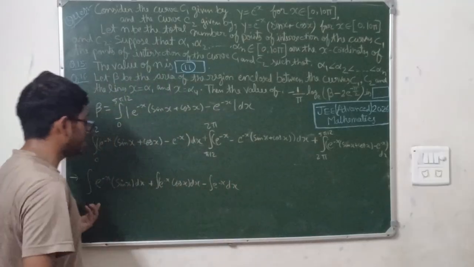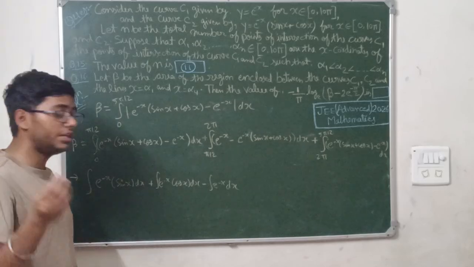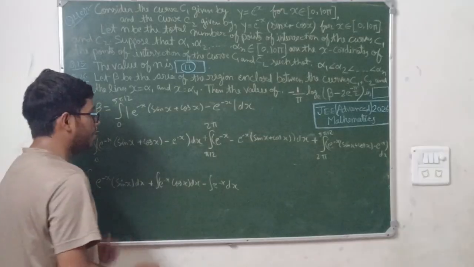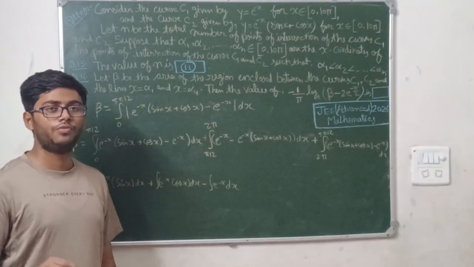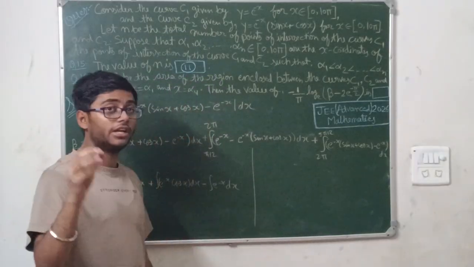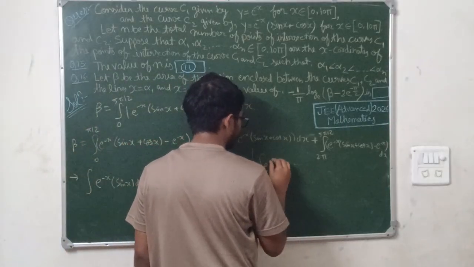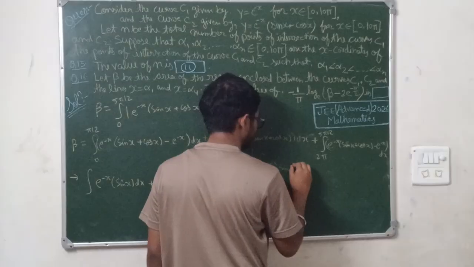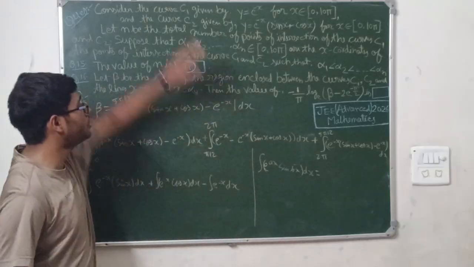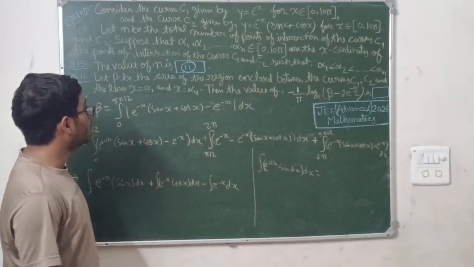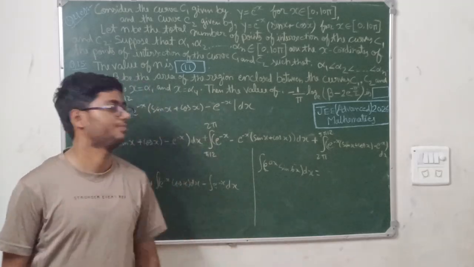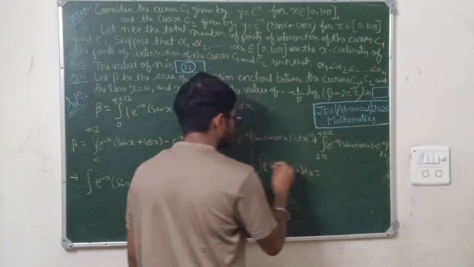Now you have to integrate these functions. Many students apply the Euler rule, integration by parts, but you should not do this. I will tell you two important formulas which many of the students know, but I will tell you again. See, the direct formula for integration of e to the power ax sin bx. See, this is the beauty of this question. Three chapters are mixed here. If you don't know the concept of any one chapter, then the whole question would be wrong. Here integration is mixed, trigonometry is mixed, area under curve is mixed, functions are mixed. 4 chapters.